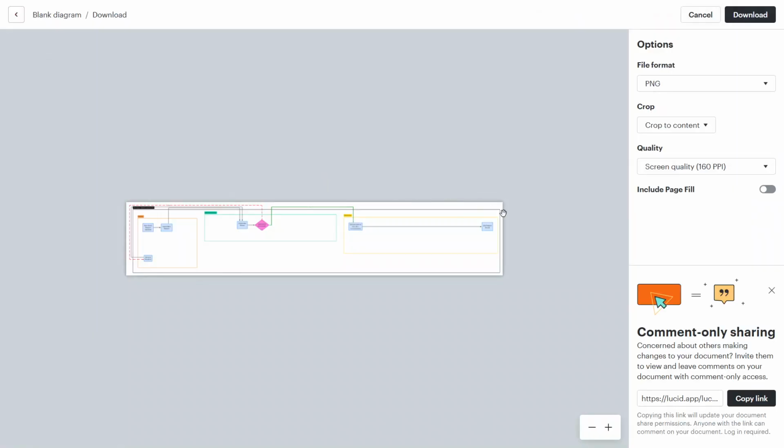using in this example. After selecting the format, a new page will load with a preview of your diagram. On the right-hand panel, you'll see several export settings. Here you can adjust the file format if needed, choose crop options, and set the image quality. You may also see an option called Include Page Fill, which can affect the background appearance of the exported file. Take a moment to review these settings so the final image looks the way you want it to in your